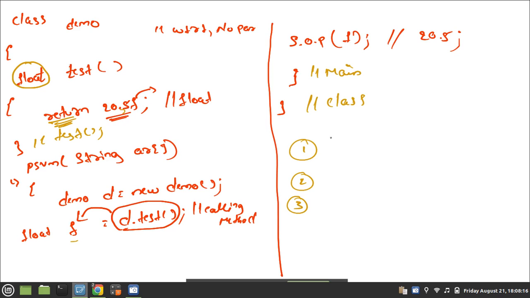We need to remember these 3 points: with a return type, I should use a return statement, and I should store the result in a local variable. So these 3 points we should remember, very important.